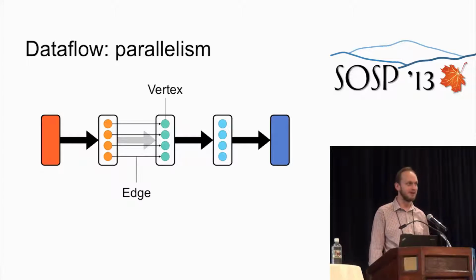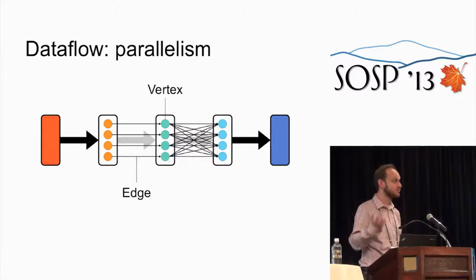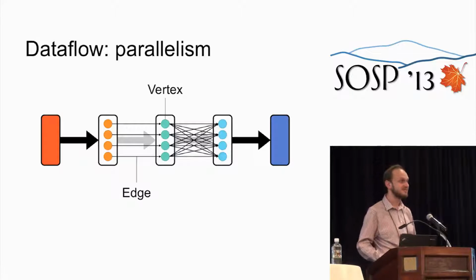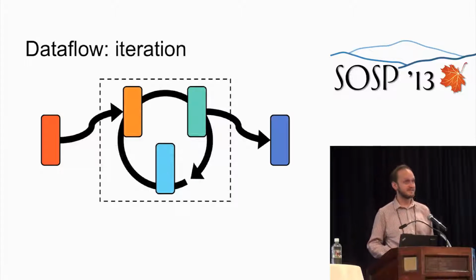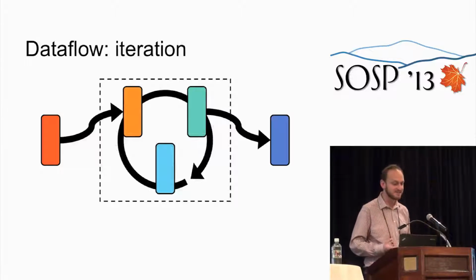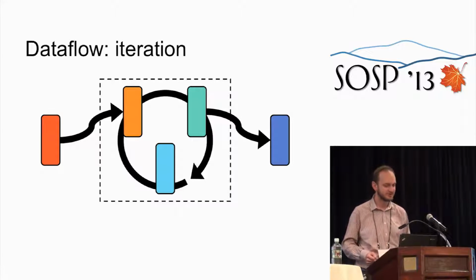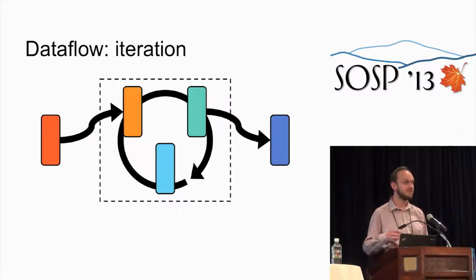So these can be simple pipelines with an edge between and a one-to-one mapping between vertices. Or they can be data exchanges, like the reduce step of a MapReduce job, where the system takes care of routing the data based on some key in the data. If we add cycles to the dataflow graph, this lets us run iterative algorithms. So vertices in the cycle can execute a data-dependent number of times. And that means the dataflow can compute things like graph algorithms where the number of steps to fixed point is not known ahead of time.